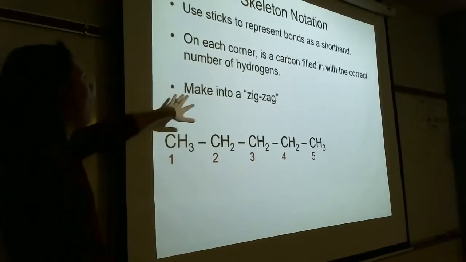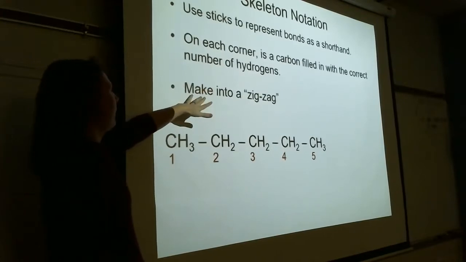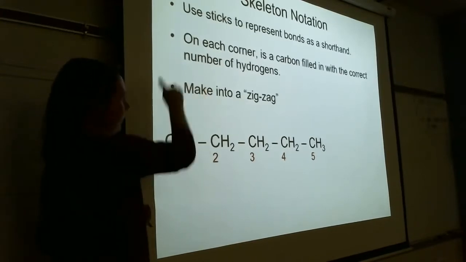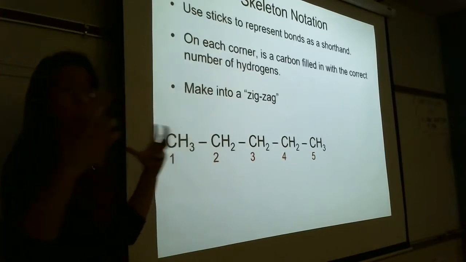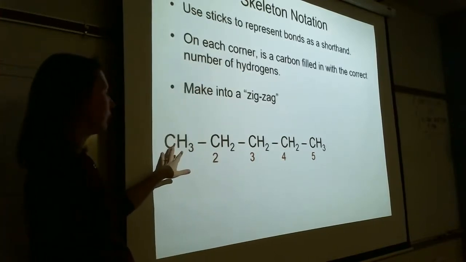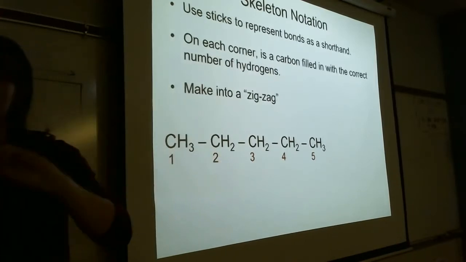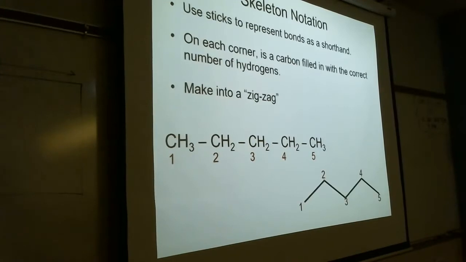And we'll talk about why it looks like a zigzag if you take 1124. The main reason is because when you make the model, it looks like a zigzag. When we do the model kits, you'll see it looks like a zigzag. It's from the tetrahedral molecular geometry. All right, so we can condense this down into skeleton notation. And now we've represented that same 5-carbon chain